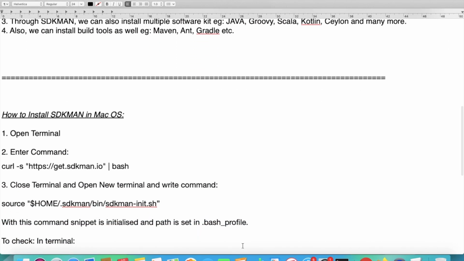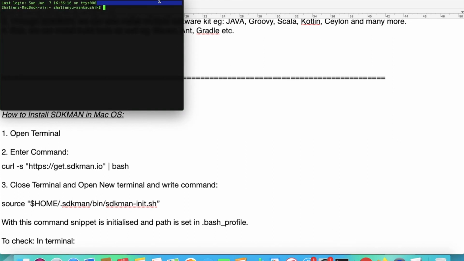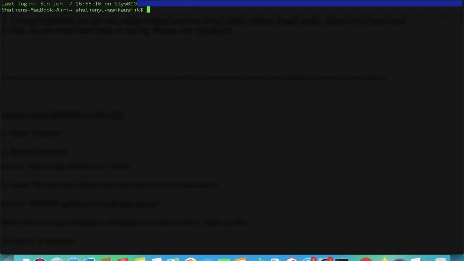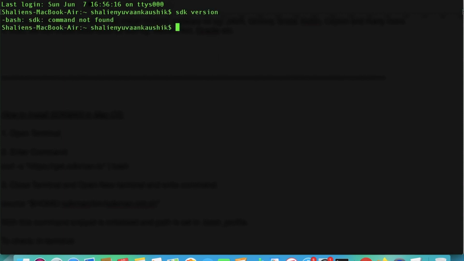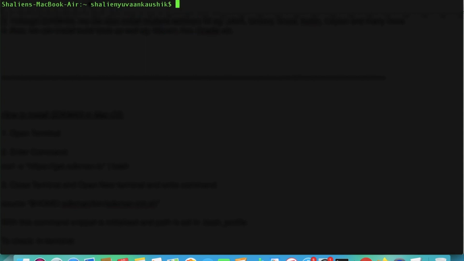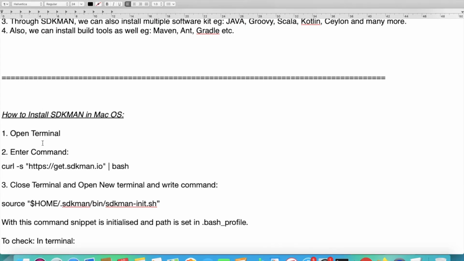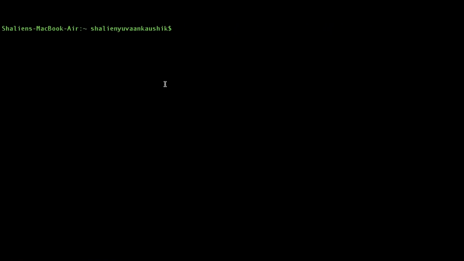So first, how to install that. I'm navigating to my terminal. First I need to check whether SDK Man is present or not. No, so there is no SDK Man. So guys, to install SDK Man, the command is this curl. So it uses the curl command. You need to copy till here, and I'm just directly pasting it.